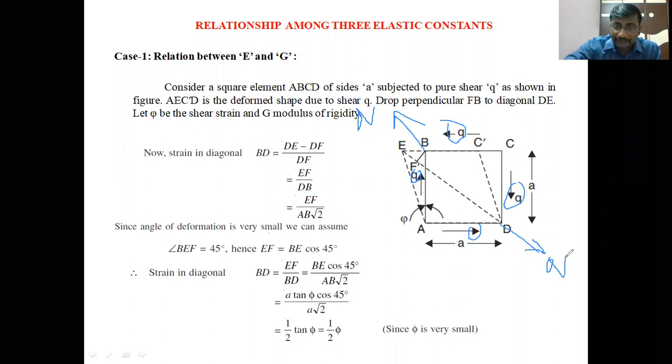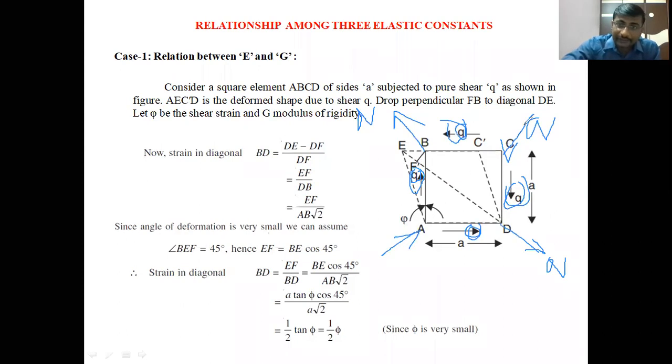So by applying the shear stress on the surfaces, on the diagonal, the axial stresses acting, that is tensile stresses acting on the diagonal, and resultant of these two, this is Q and this Q, the resultant force acting in this direction is Q itself. And the resultant of another two surfaces, the AB surface and the AD surface, resultant of these two, the shear force acting on the diagonal AC